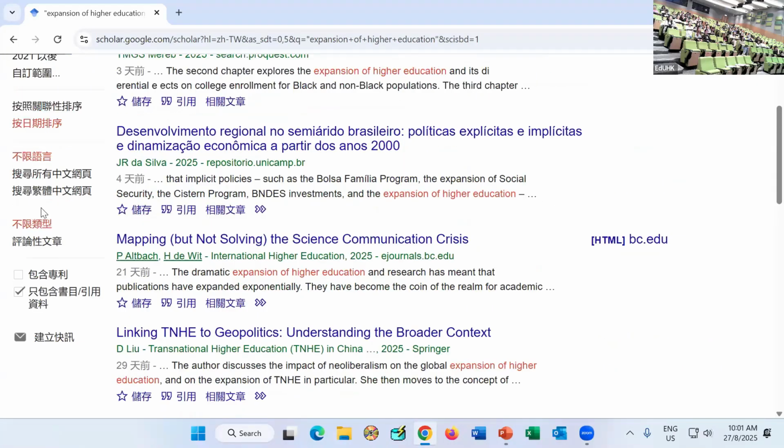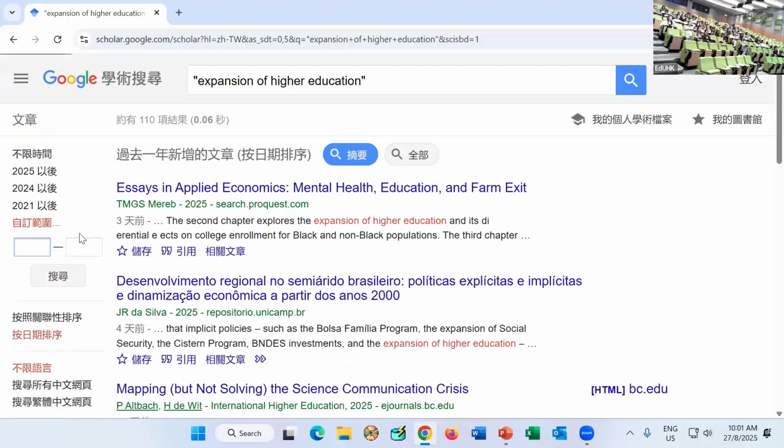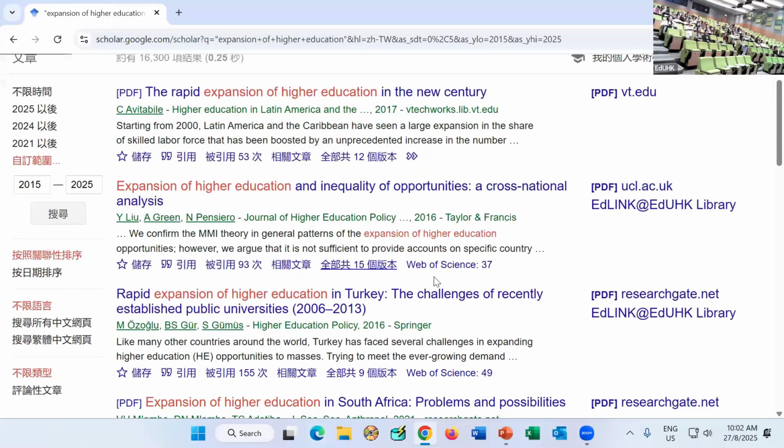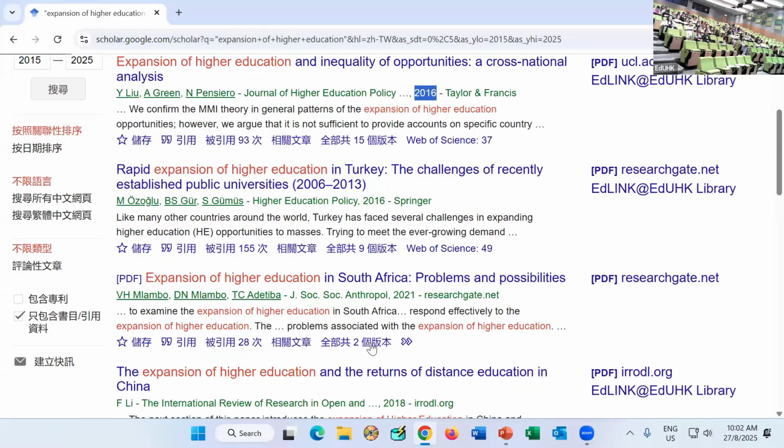So you can check the time, and then you can also customize the timeline. Normally, teachers would expect you to cite things that are more recent, and a common definition of recent, do you know what it is? It's within 10 years. So that's why we can write 2015 to 2025. It depends on the topic, but at least I try to limit it to something recent. And you guarantee your search results would be within the 10 years. So that is one hint.